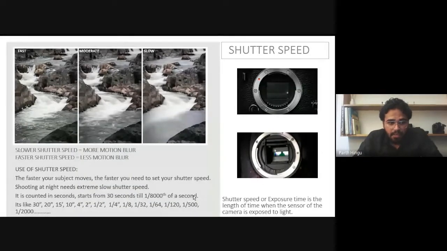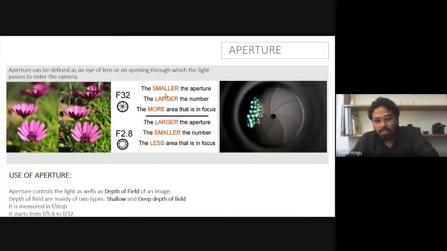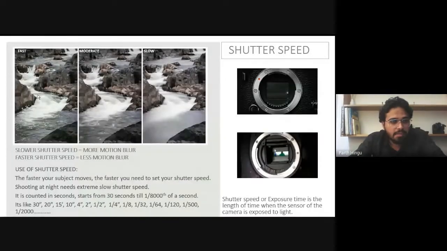One other thing is when you slow down the shutter, you can see motion blur in it. Motion blur is like, you see this image. Water is captured with a fast shutter speed. You can freeze the moment. Then if you are clicking at a moderate speed, like 1 by 8 or 1 by 40, you can get some of the motion blur. And actually, if you want to show the motion of the water, you can change your shutter speed to 4 seconds or 2 seconds or something around that.